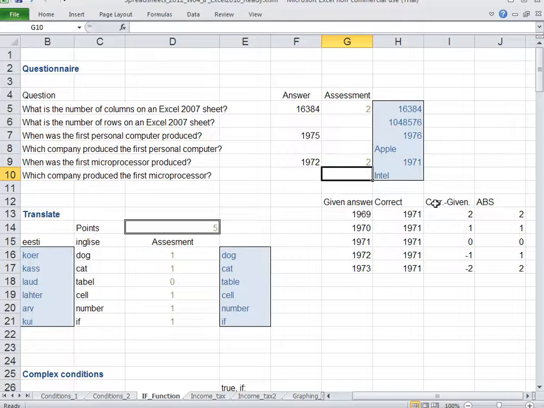For instance, here, if we answer Intel to the question, we get awarded. We get 2 points as an award, and